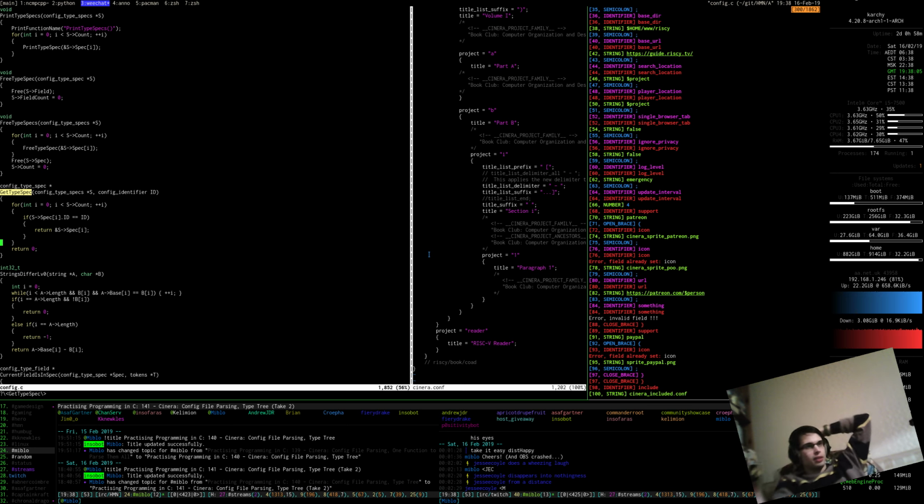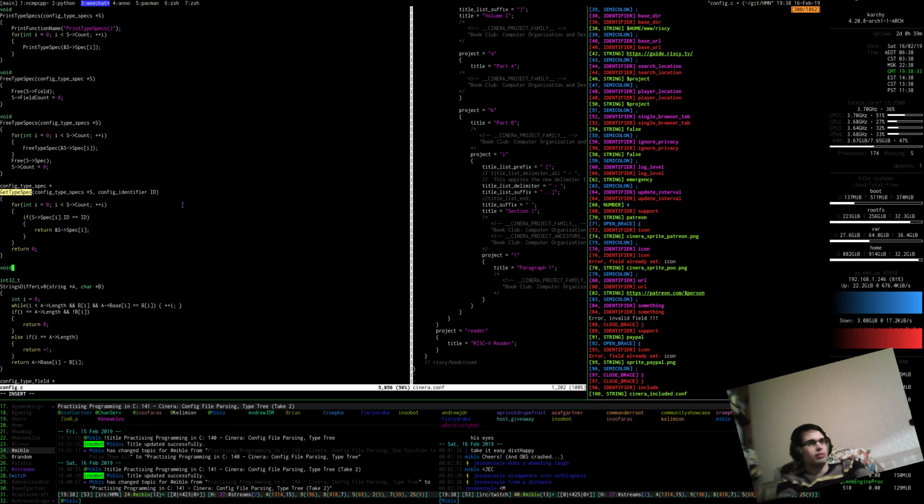Get type spec finds the thing, so we know which type spec it is. I think really what we need to be doing is get a type spec and then copy that type spec into the actual new one. I think that's what we would have to do. So you essentially, I think it'd be like this, right? So it's going to take our,